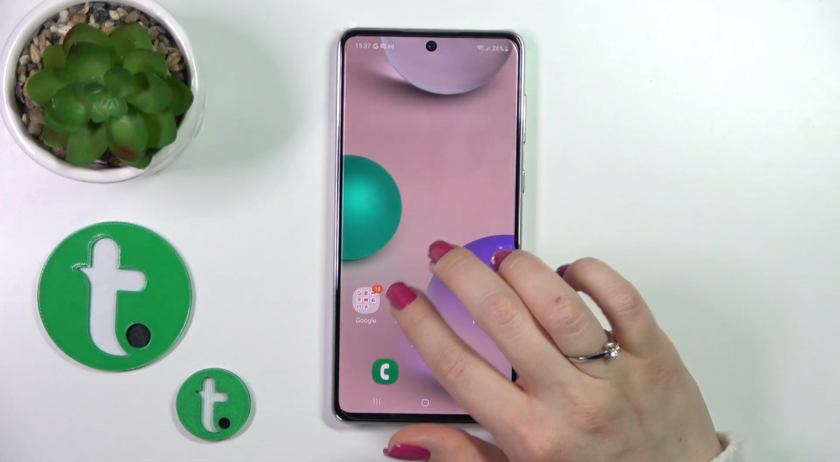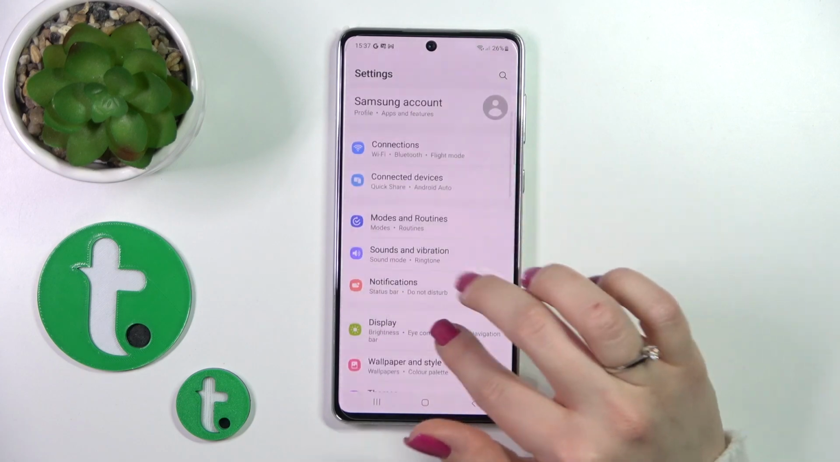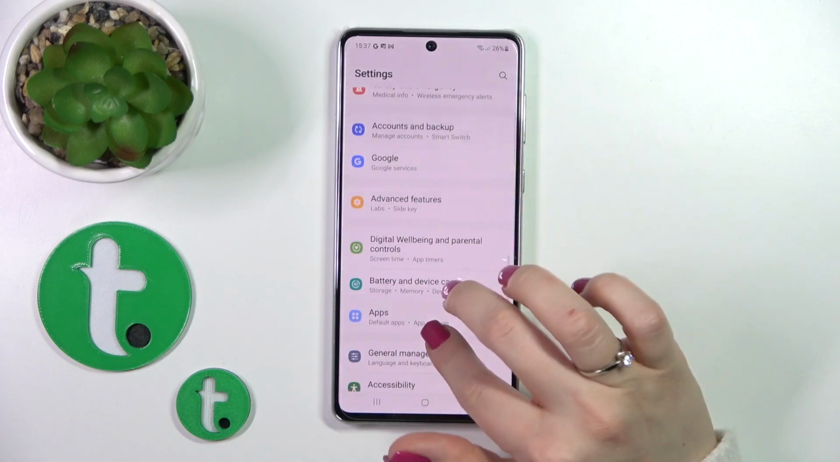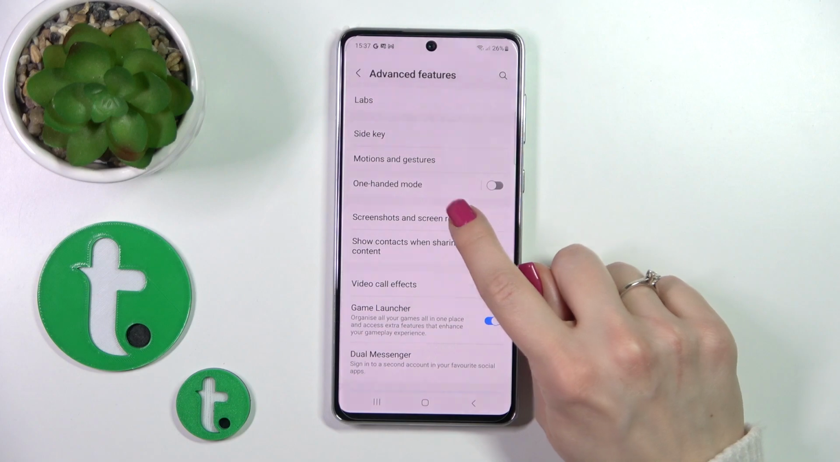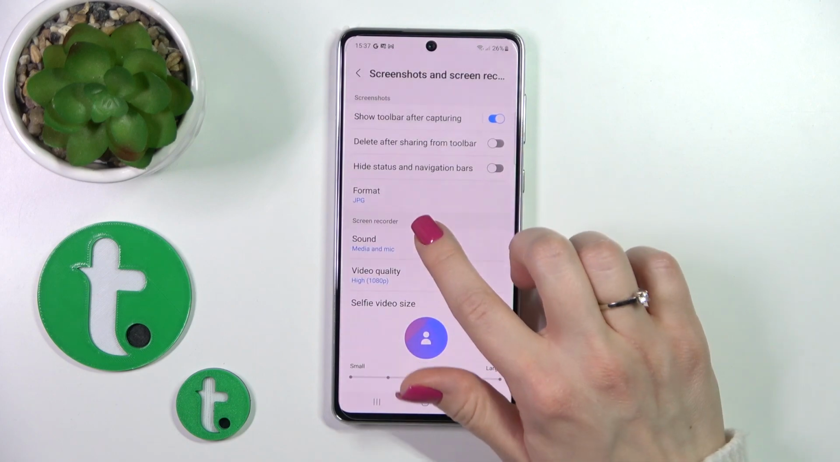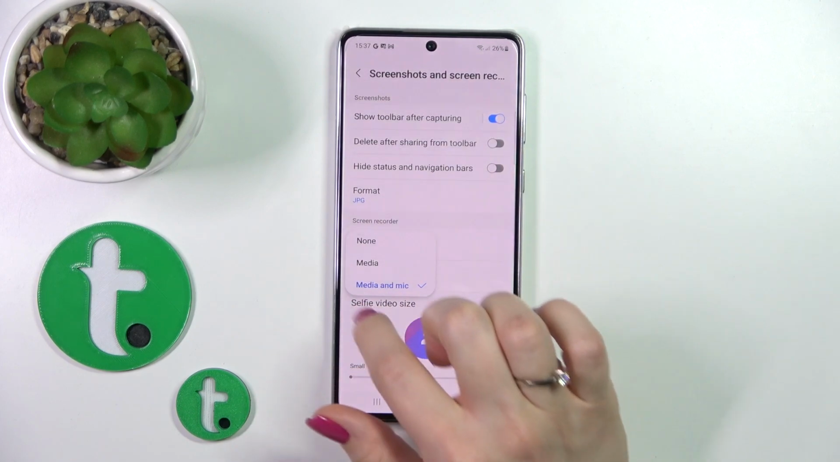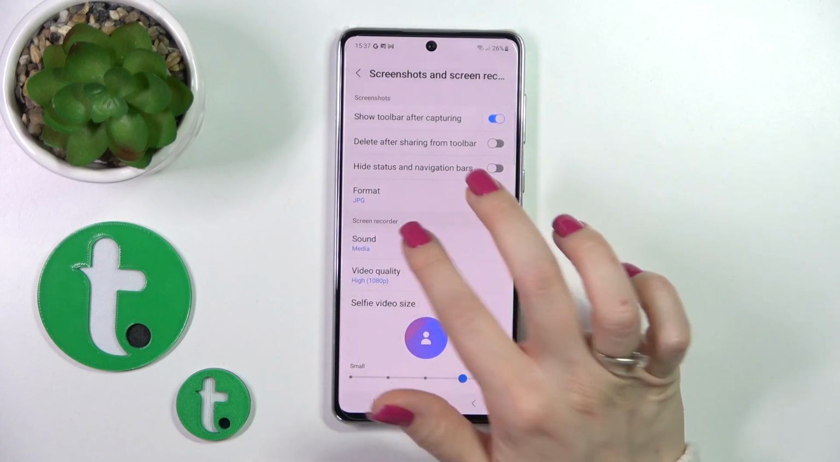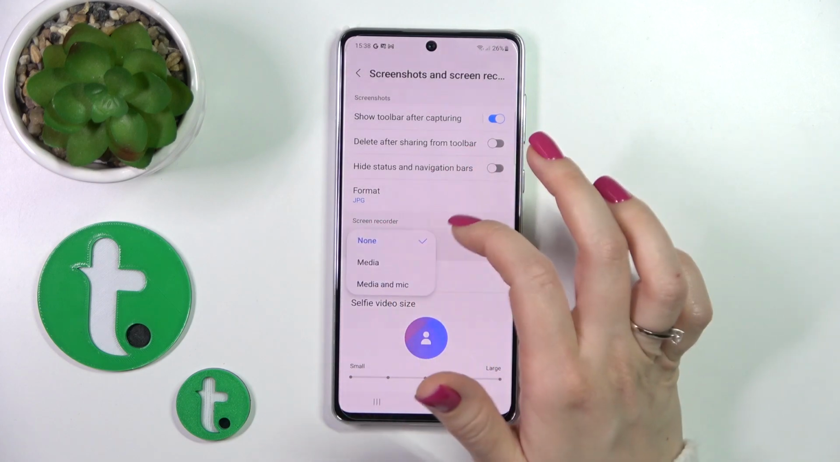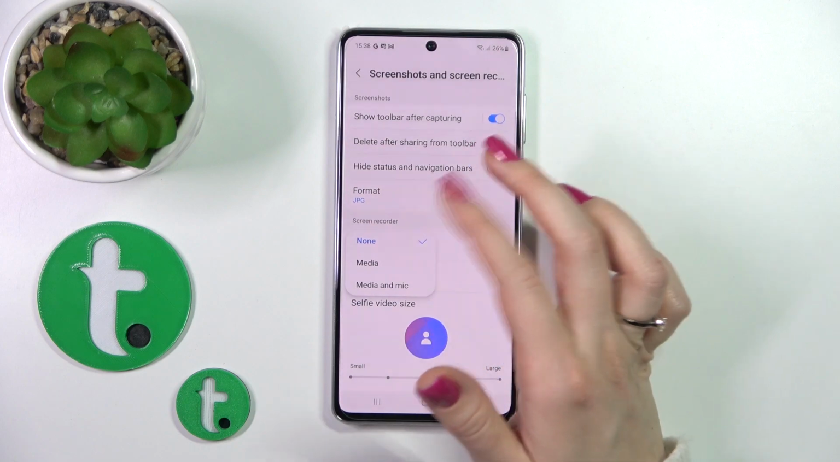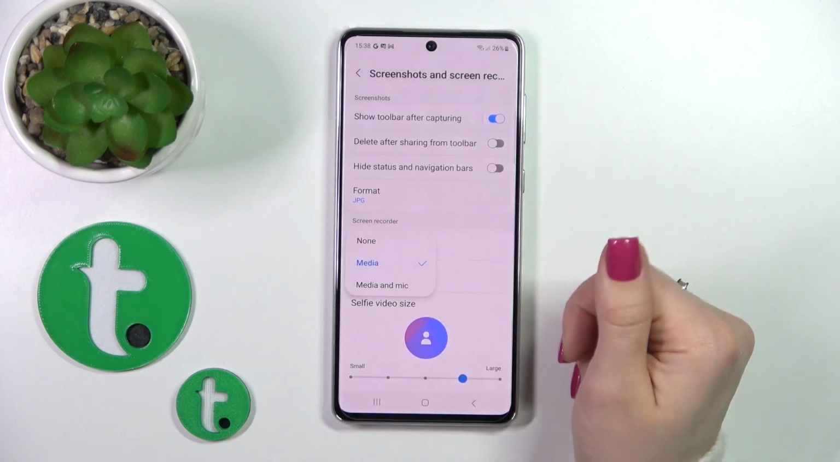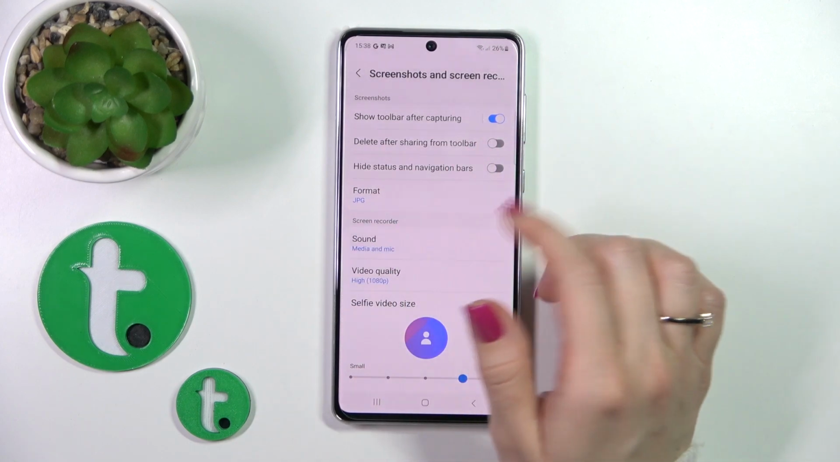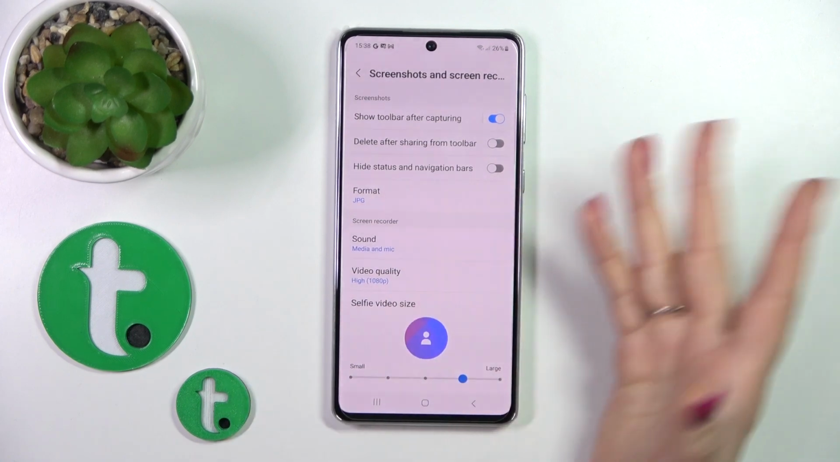So first open the settings app and then scroll all the way down to advanced features. After that, click the screenshots and screen recorder. Here tap the sound section and switch from media and microphone to media only. This way you will record only the multimedia. Here you will mute only the media, and in media and microphone you can comment something and use the